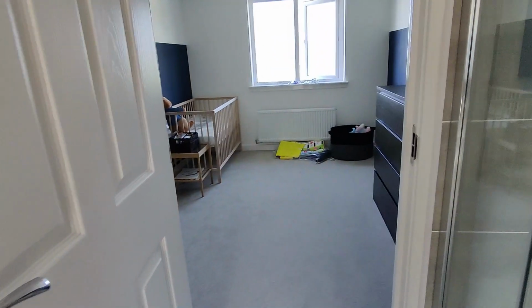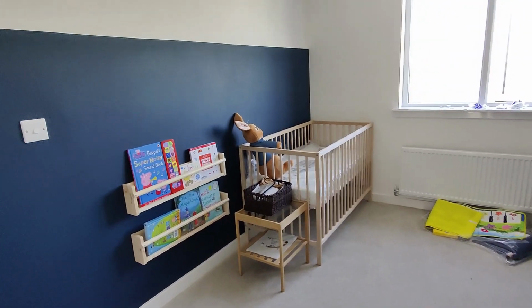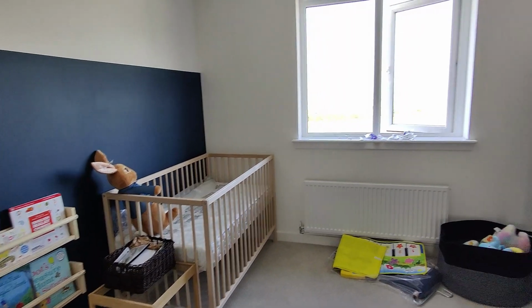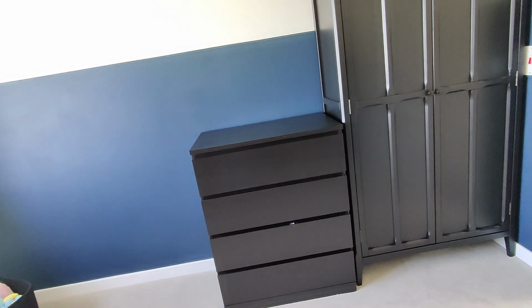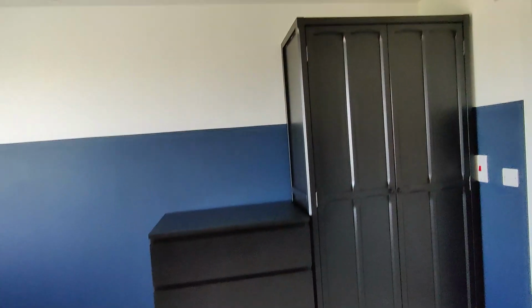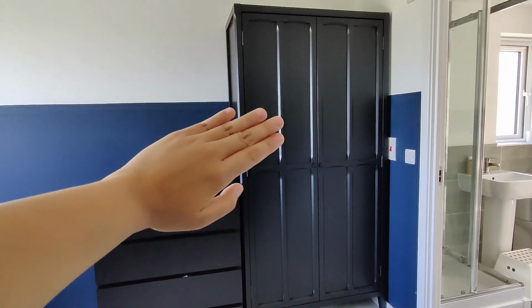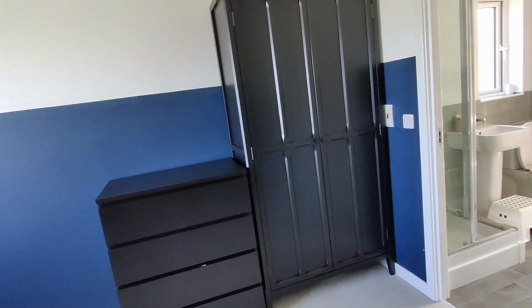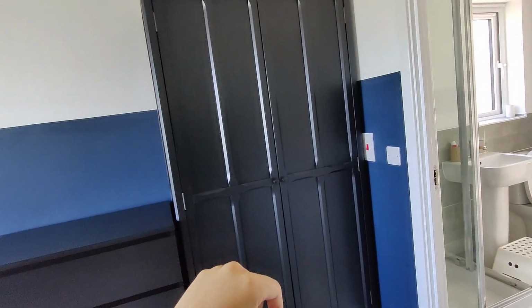And this is Ollie's room. Okay, Ollie's room, I've still a lot to do here. I got a cot already for him, and we've got the same mom drawers as Ailey has, but in black. So I've got a theme going on here. And this wardrobe, because I intend to have a built-in wardrobe for Ollie, not that huge, because this room is a lot smaller than Ailey's room. But we got this wardrobe from